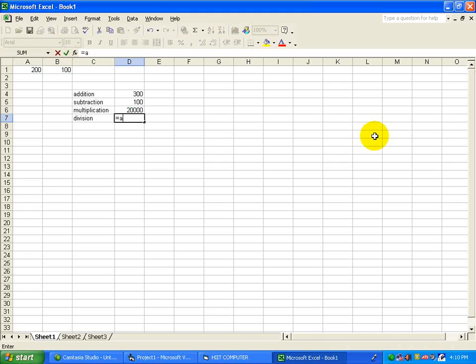For division equals to A1 slash, we have to use slash for a division. A1 divided by B1. Enter. So in this way we can perform different types of calculation, that is addition, subtraction, multiplication and division.